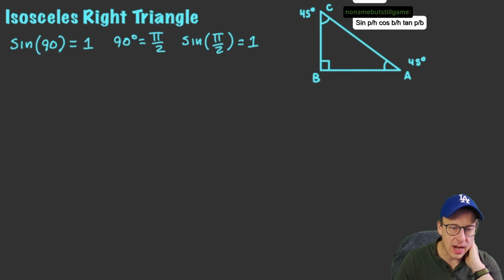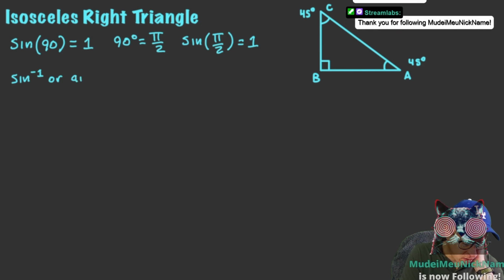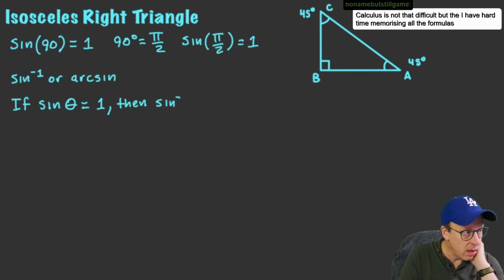The inverse sine is written as this right here, or you can also refer to it as the arc sine. And if sine of some angle is equal to 1, then you know that our arc sine,